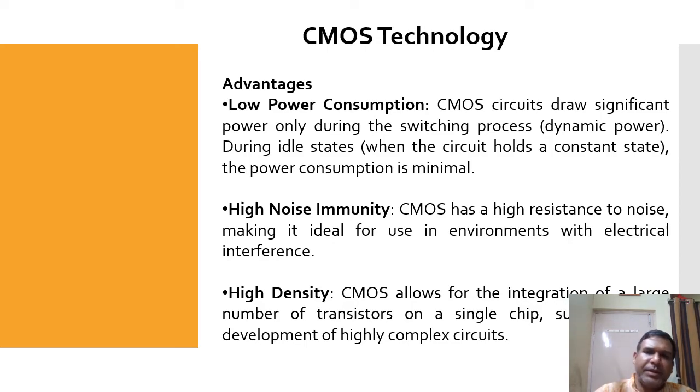So only during that switching time instant it will consume power. That power is known as dynamic power. The second advantage is high noise immunity. CMOS has a high resistance to noise, making it ideal for use in environments with electrical interference. CMOS basically withstands more noise due to its wide bandgap,